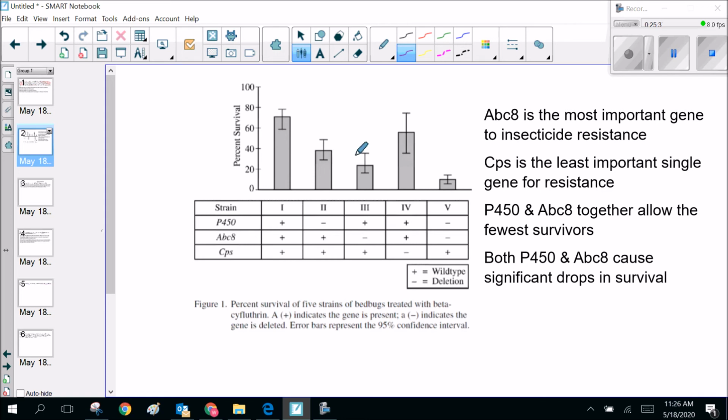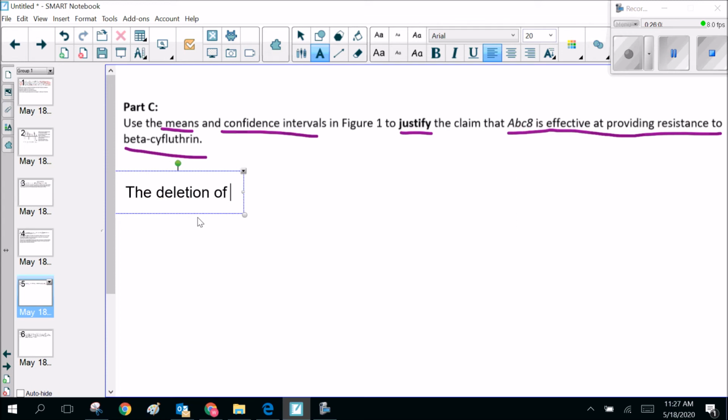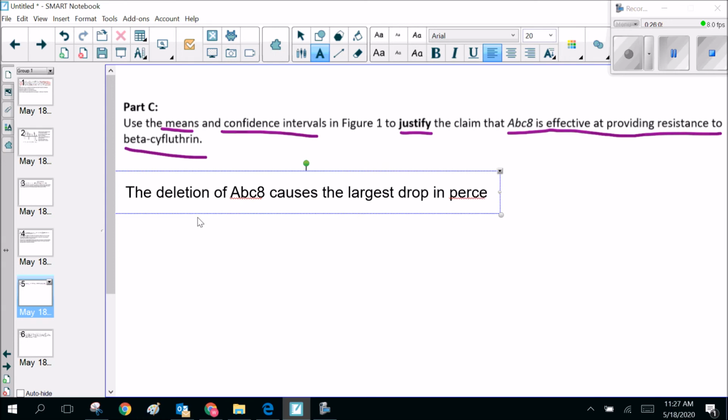We can also see that if we go ahead and compare the range of its error bar, it's far below the range of the error bar for when all of them are normal or wild type, and even far below the possible highest range of when we just delete P450. So ABC8 causes the largest drop between the two. Okay, so here we're going to go ahead and say the deletion of ABC8 causes the largest drop in percent survival of insects,